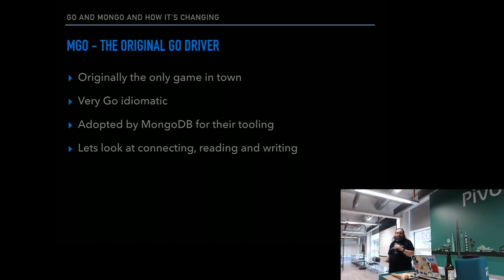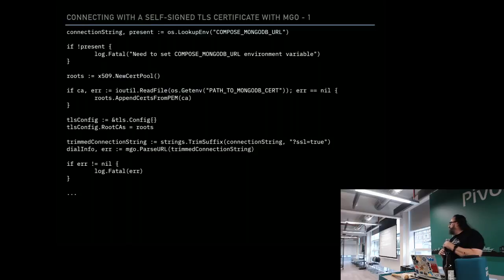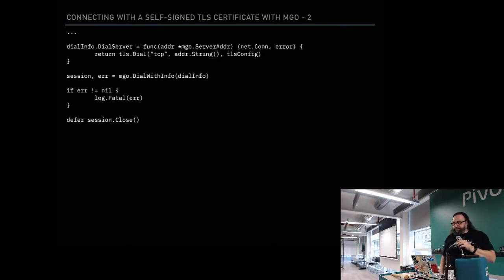to start rebuilding their own tools. One of the problems with it, though, is that there was a lot of messing around you had to do. If you wanted a secure connection, you had to go out and make your own TLS connections and wrap it all up, because it is a very idiomatic thing. You have to dial in for dial servers and do dial with info. It's all dial-based. It's fiddly.